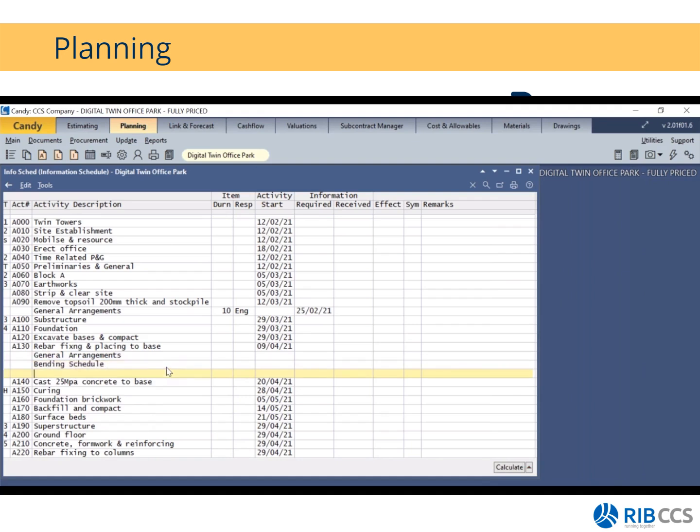You're going to maybe need casting items. And then you can give it a duration, 5 days and 10 days or 19 days, whatever the case is. And you'll see that these dates are independent from each other. The only date they have in common is my fixing of rebar date, which is the 9th